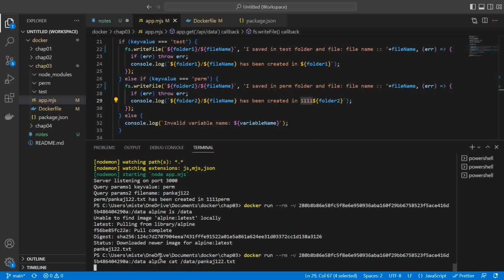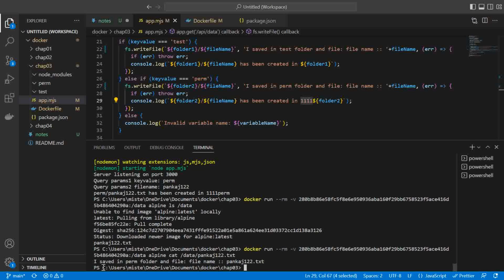Same thing that we have. See the browser, same thing is here. I saved it in pom, and the same data is here in this folder. Okay, now if you see the Docker